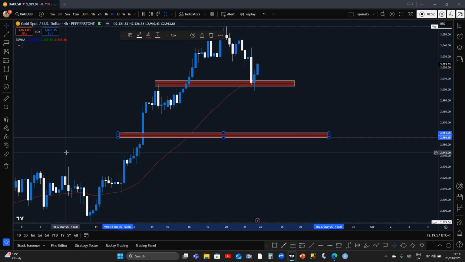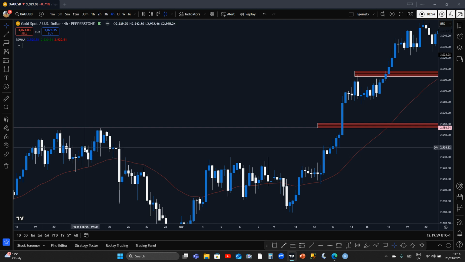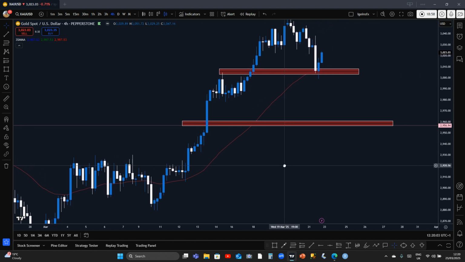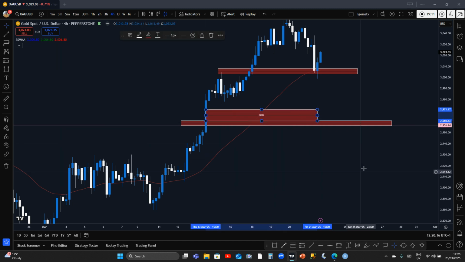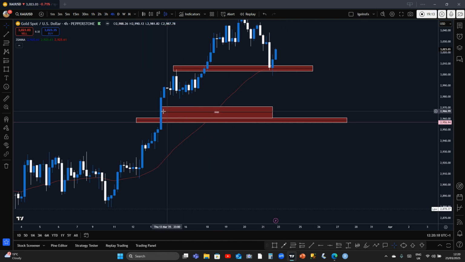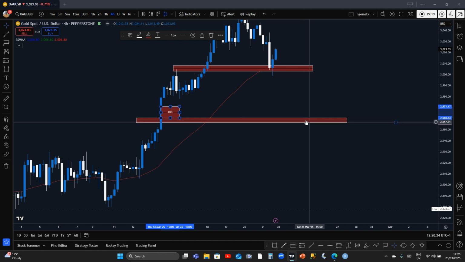Because this point, if you look at your left, you discover that this is a resistant point, and apart from that, here there is what we call imbalance. Imbalance is also here, so it is an interest point where I feel that price action should pull back to, just to cover the gap before it finally resumes